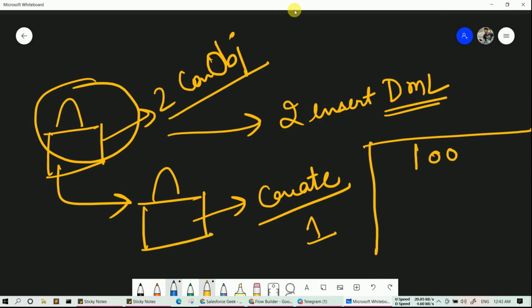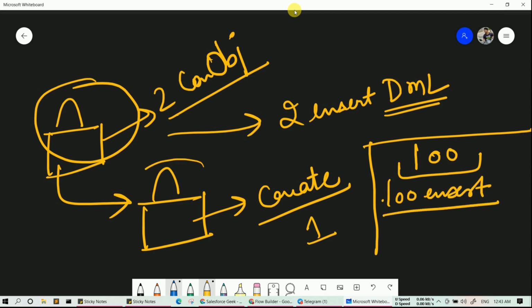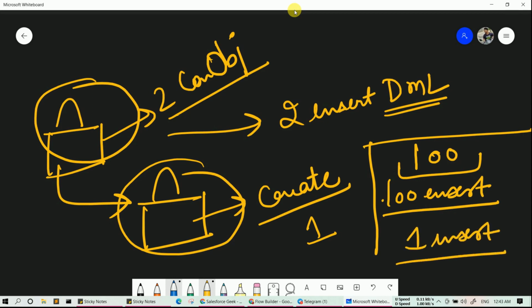If we did not use the second assignment, we would need to create 100 insert DML commands. But if we use this bag, we need to apply one insert statement. So it is beneficial for the bulkification of your flow. So this is the concept.